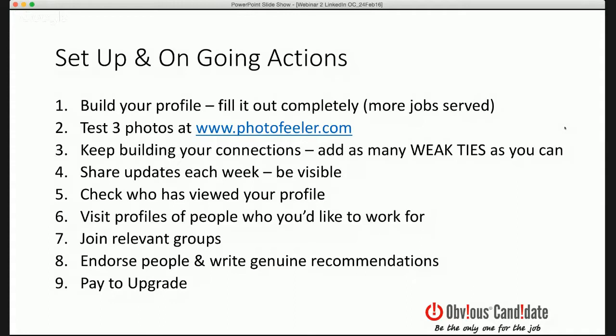Number 4, share updates each week. Be visible. This is an easy way of getting